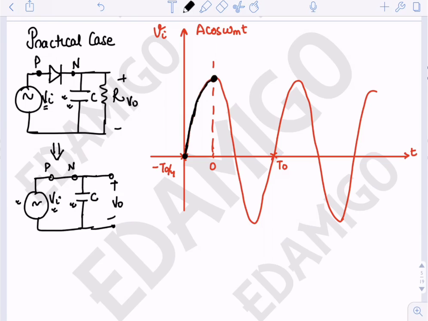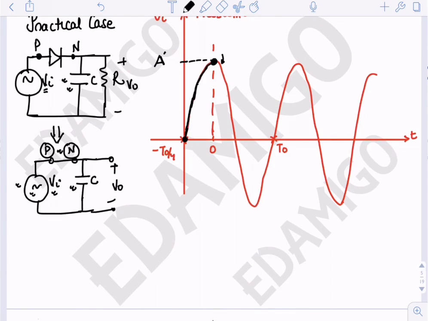Now at t equals 0 time instant, this is capital A. At this time instant, the input is trying to go below the voltage across the capacitance. The voltage across the capacitance at t equals 0 is capital A. But at t equals 0 plus, the input is going less than capital A volts. So the diode will turn itself off because the voltage at the P terminal is less than the voltage at the N terminal. And since the diode is off,